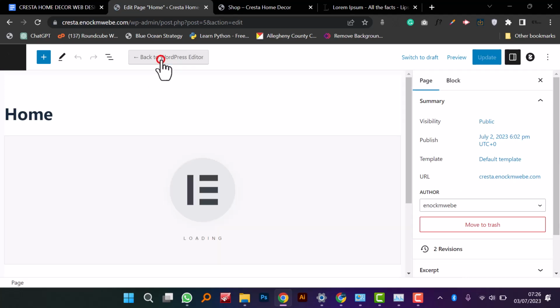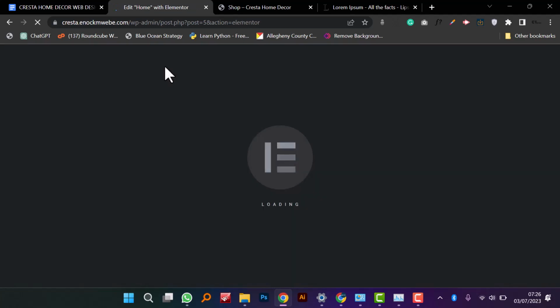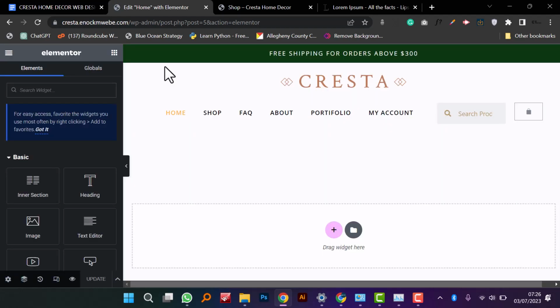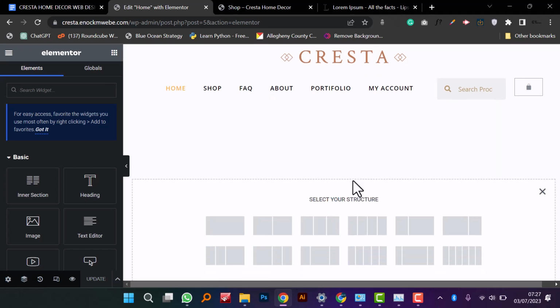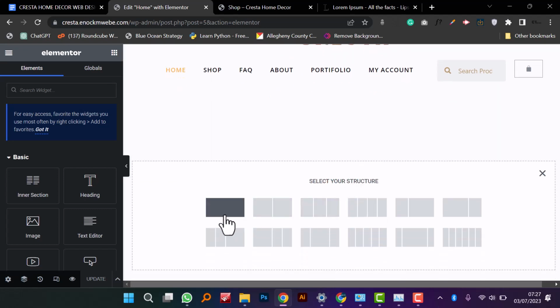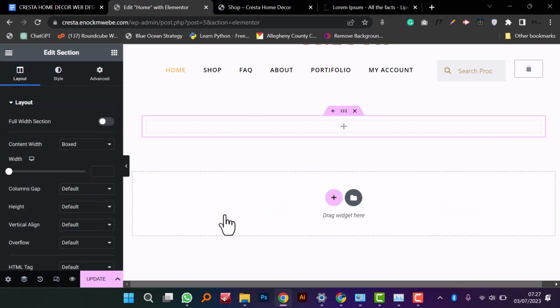Then we're gonna click edit with element. So element has fully opened. So right now we need to start working, and I think I'm gonna add a section,